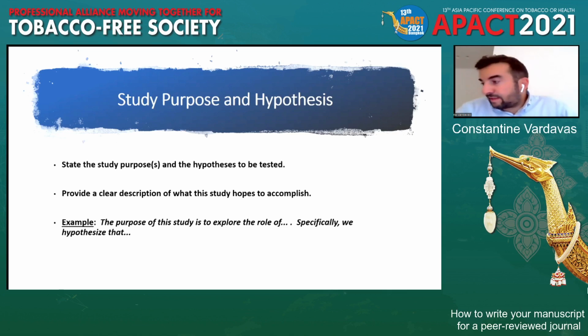So I think I've written about 250 manuscripts in PubMed at the moment, and still, after 250 manuscripts, I always would read other manuscripts to think about it, get ideas, see how to read it, see what wording people are using, and then you can adapt it to your own style. So you'd say, the purpose of this study is to explore the role of X, Y, and Z. And then we hypothesize that, blah, blah, blah.